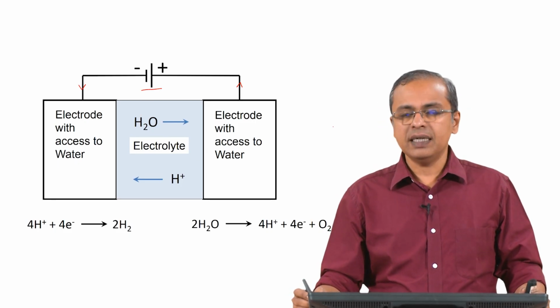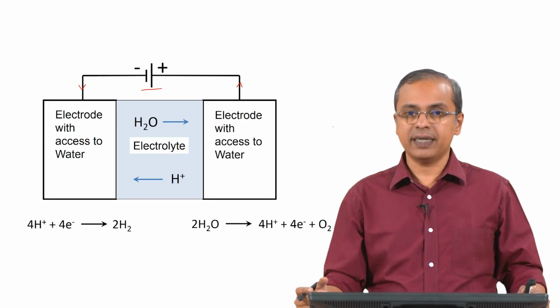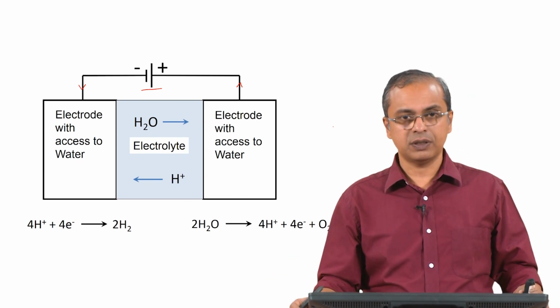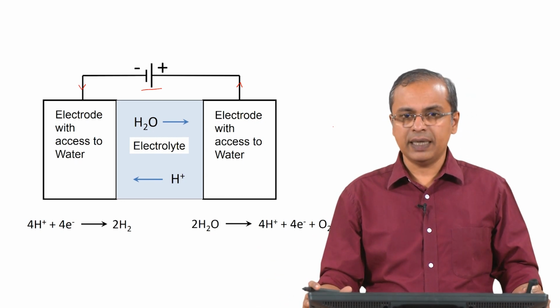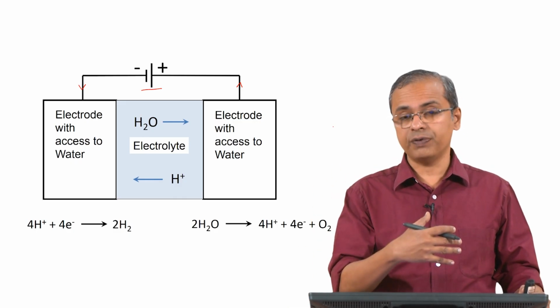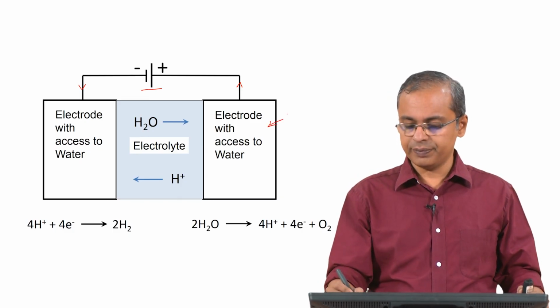Generally, we say that if you are adding electrons to a species, then we describe that as a reduction process, and if you are pulling electrons away from the species, you describe that as an oxidation process. And in the electrochemical scheme of things, the electrode at which the oxidation occurs, from where you are pulling the electrons off into the external circuit, is called the anode. So, in this case, this would be the anode,